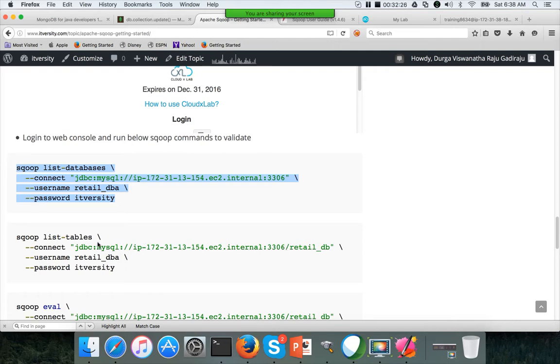So if you run the list tables command on an Oracle database, you don't need to give the database name here, but you have to give the schema name, username and password, and whatever tables are owned by that schema will be displayed. So you need to understand those subtle differences between the source databases. Especially most of you guys have to work with Oracle. In case of Oracle, the Oracle server can host only one database at a time, but it can have many schemas.